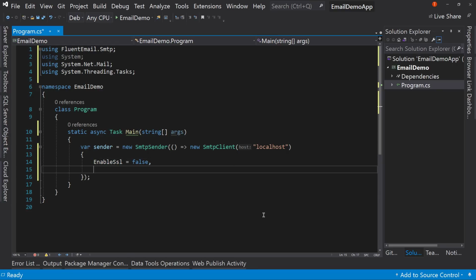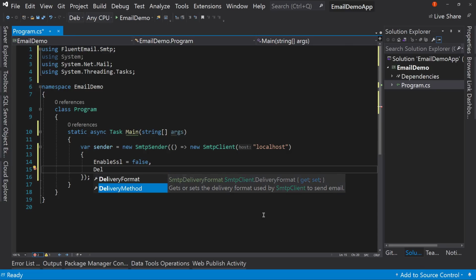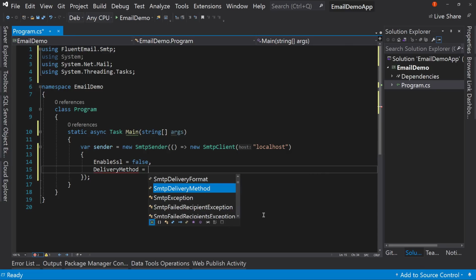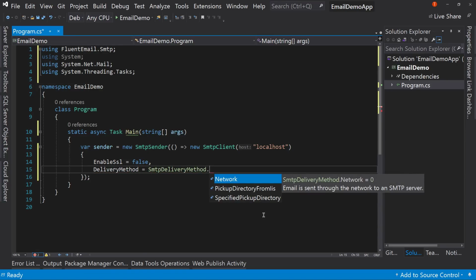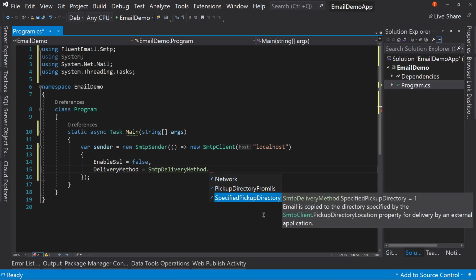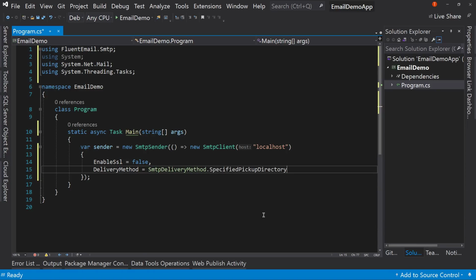So delivery method. For delivery method, we're going to say SmtpDeliveryMethod.SpecifyPickupDirectory. What that's going to do is put the emails in a directory. This is one way of testing. I'm going to show you an easier way that's more comprehensive, but this way is great for really quick and easy testing. And then the pickup directory location will be